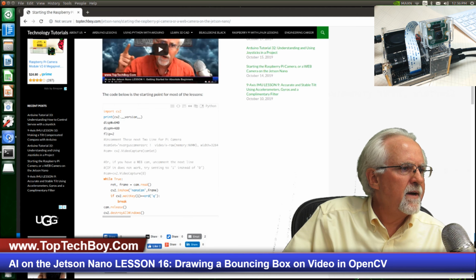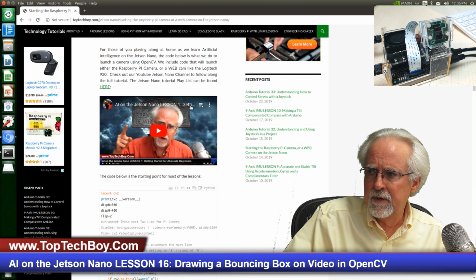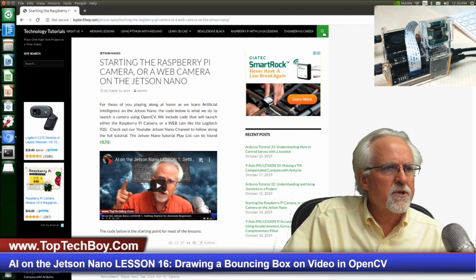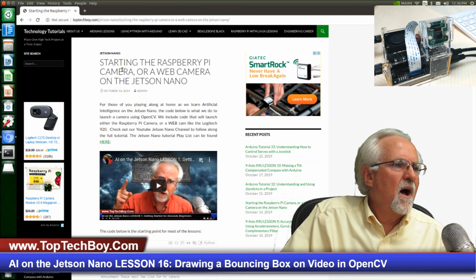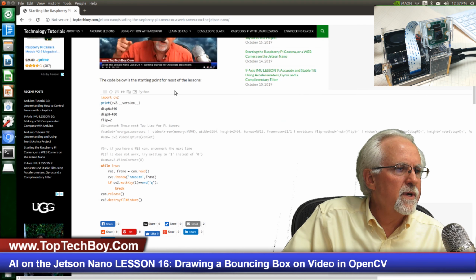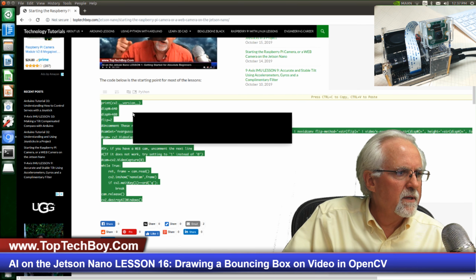If you don't have that yet, you can come over to the most excellent www.toptechboy.com. You can hit the little search icon, search on Raspberry Pi camera or web camera on the Jetson Nano, and you will get to this starting code, which you can copy by clicking on the two little boxes,